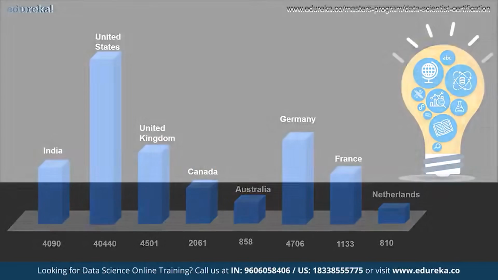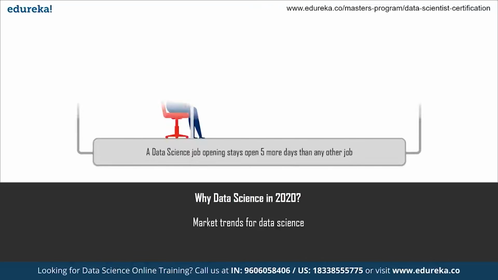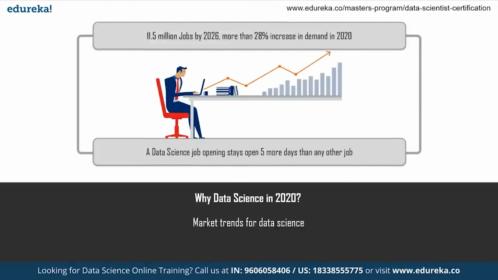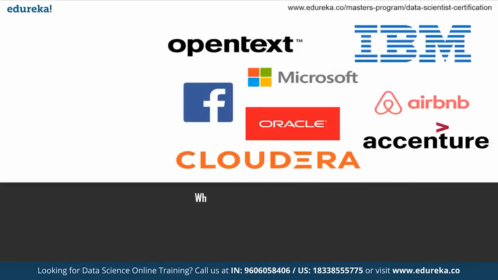There is a statistic on this, guys. An average data science job stays on the job portal 5 extra days compared to any other job posting on that portal. And according to many platforms, there is an estimated at least 1 million more data science jobs by the year 2025. And the number is going to go up from here since we have everything digitalized in this day and age. I mean, we are leaving digital footprints everywhere, which is then converted into data.